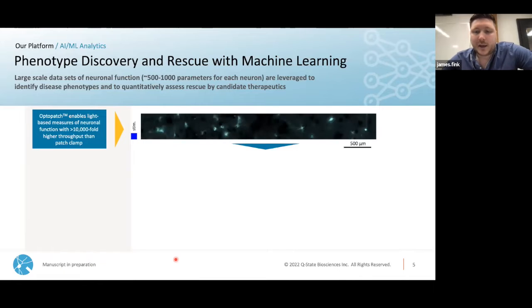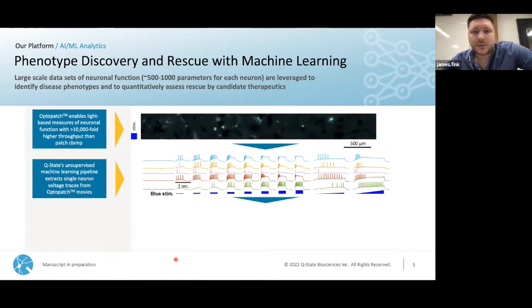And our in-house machine learning and computation platform can pull out each individual neuron and extract the actual voltage traces, in this case derived from fluorescence changes, for each individual cell in a way that has the same resolution as patch clamp. Patch clamp electrophysiology is sort of the gold standard for how this has been done in the